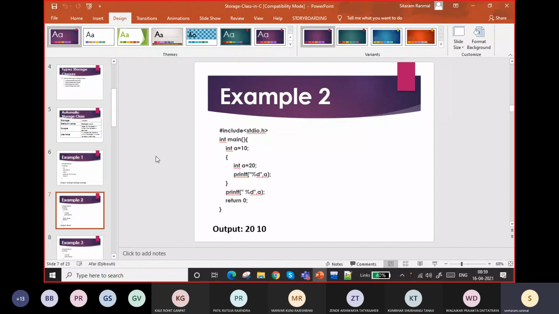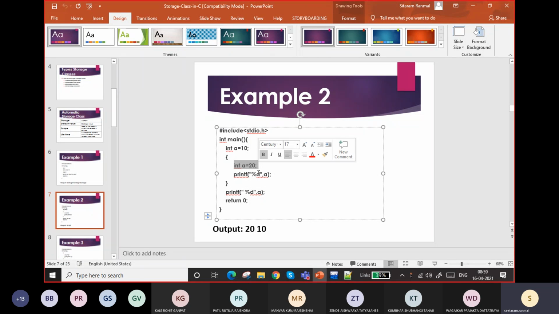Second thing, if you see in this example, there is int a equal to 10 and a curly brace starts. Even though there is no loop, it is very bad practice to take curly braces inside, but depending on this, if you write int a equal to 20 here, one variable is declared as a equal to 10, and another variable is declared inside as a equal to 20, then printf.